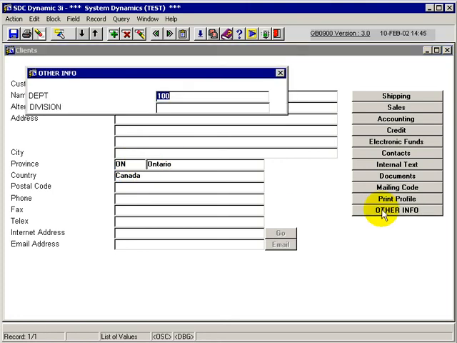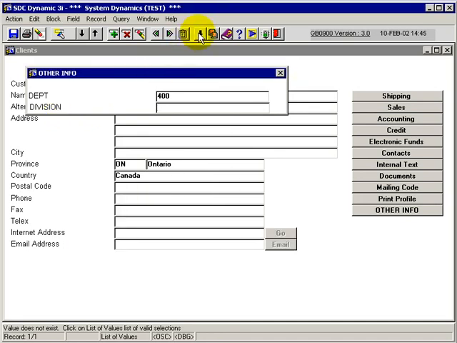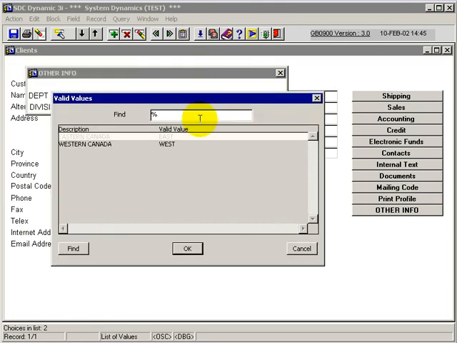Now we'll come down to our other information pop-up box, and we can see our department has been populated automatically with 100, and we can leave that blank, or maybe we'll put in some other value in there. Here's our division field. This field cannot be left blank because it's a mandatory field since we have given it valid values. If we do a list of values on this field, we can see the various